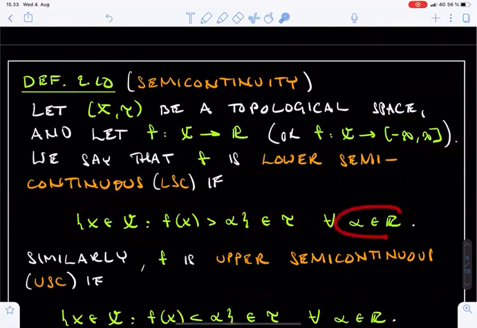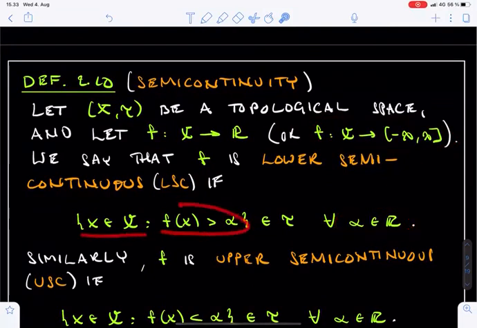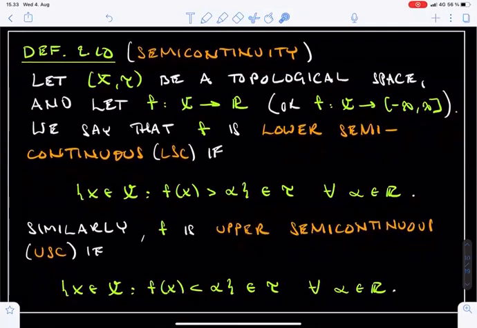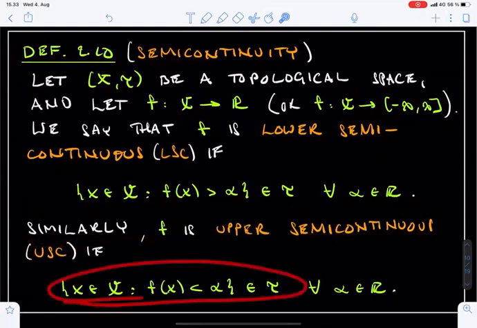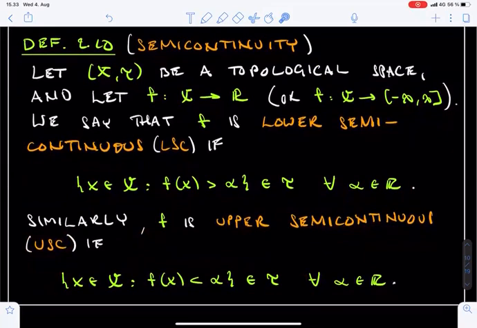In other words, for every real number alpha, the set of points x where f(x) strictly exceeds alpha is an open set. In a similar spirit, the function f is called upper semicontinuous, abbreviated USC, if the sublevel sets of f are open. In other words, the set of points where f stays strictly below a given threshold alpha is an open set.